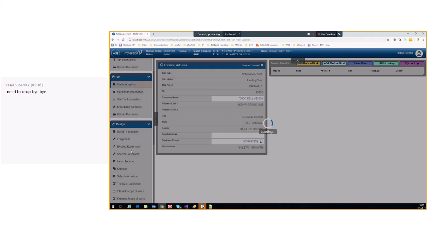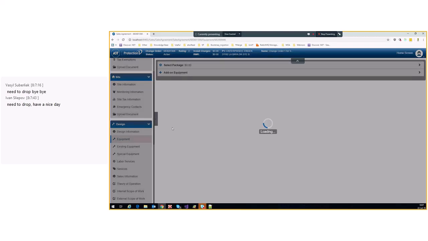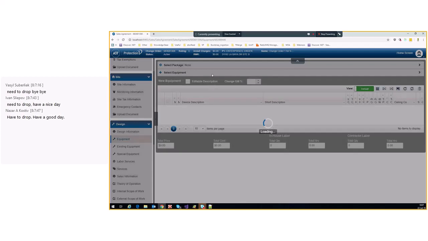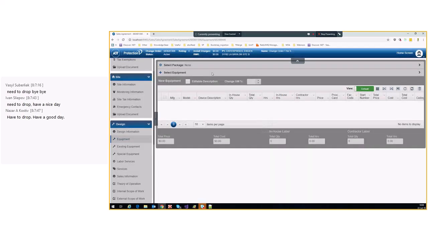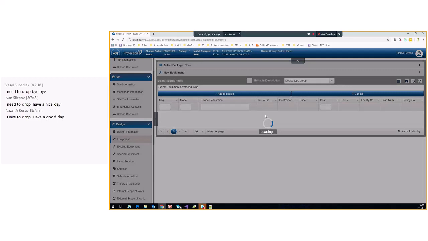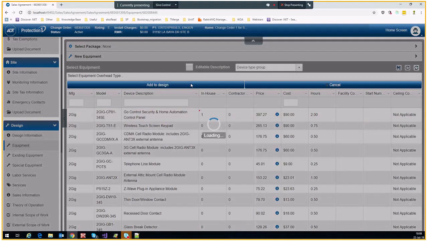Okay, so let's make some changes to this system design. The simplest will be to just add some equipment. Let's add the first one. On the header, we will see the install charge and RMR of this particular